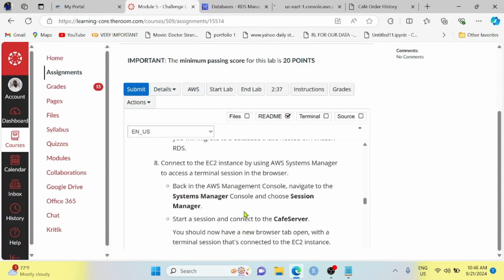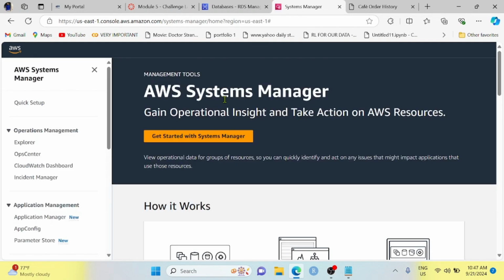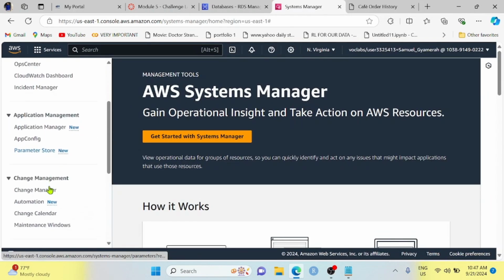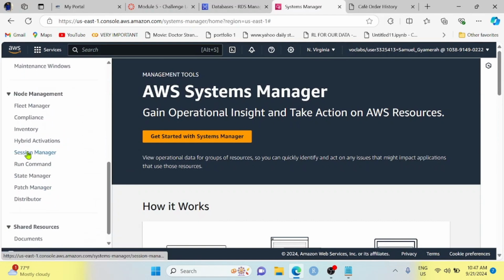And we are asked to go to Sessions Manager, okay, and then start a session and connect to the cafe server. So to do that, let's wait for the Systems Manager to open. Yes, and then in the left navigation pane, scroll down and then select Sessions Manager under the Node Management. Okay, so let's click on it,